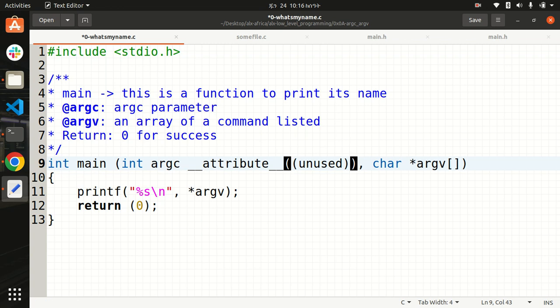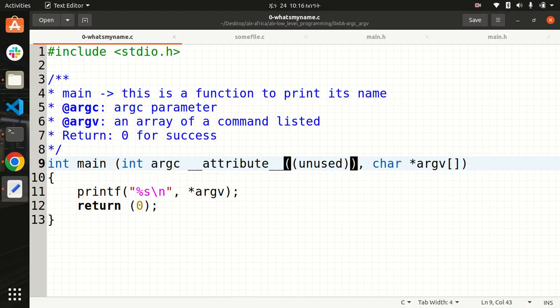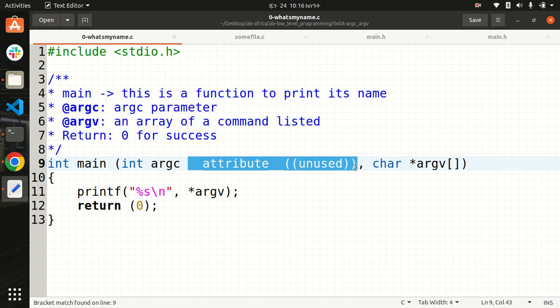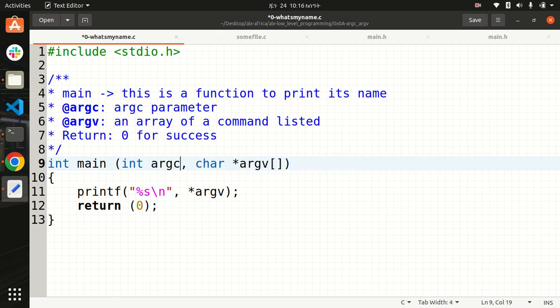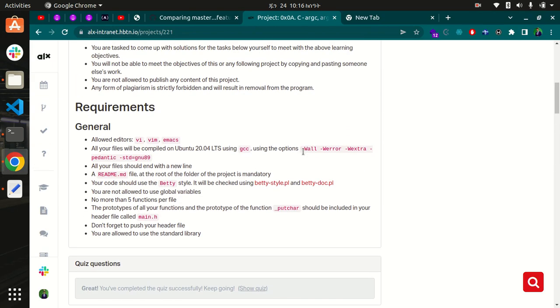And as argc is not used here, let me check by running it first on my local machine. Cut here and see, and it is being run by these things,